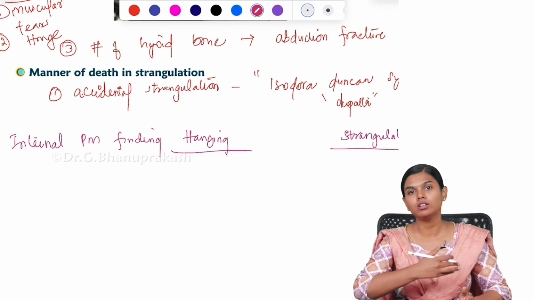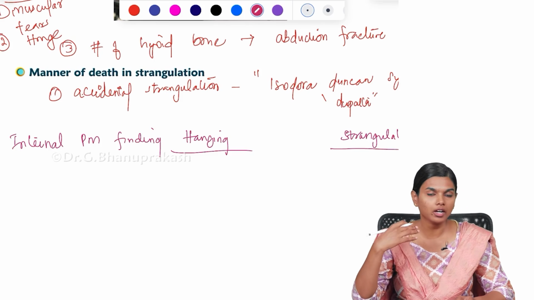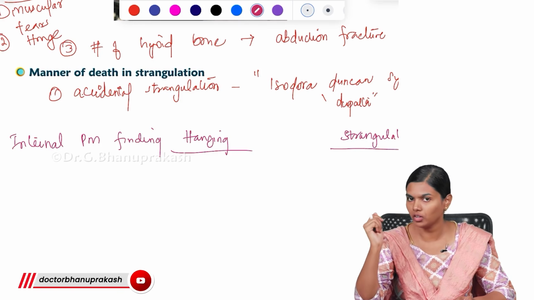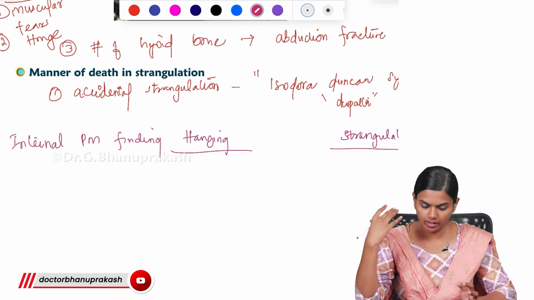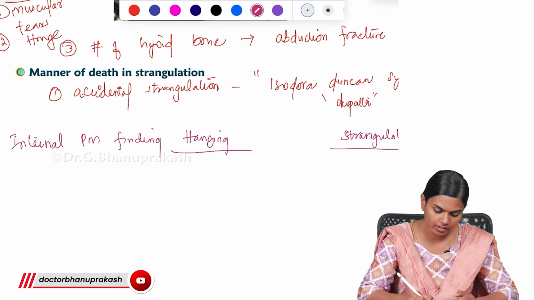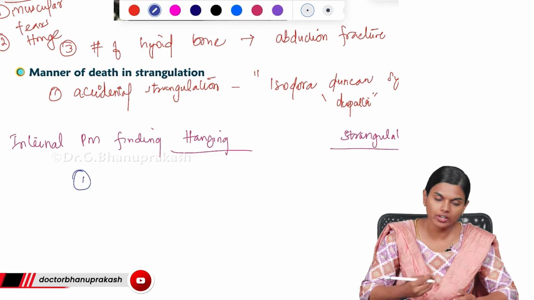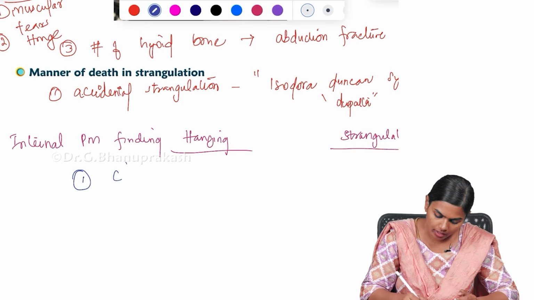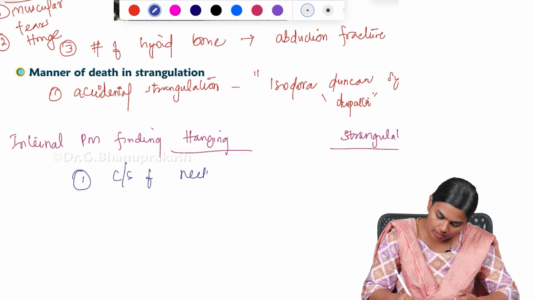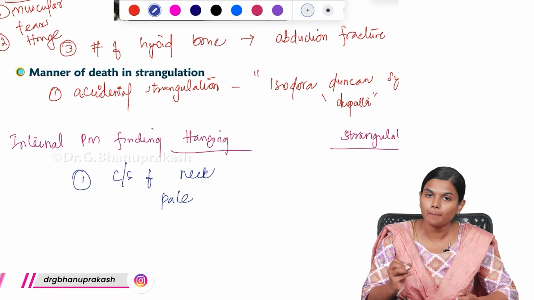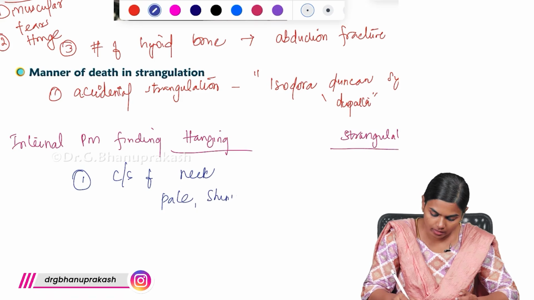You will see all the Tardieu spots, the ligature mark and all, and you will write the differences in the ligature mark. But when it comes to internal features, there are certain differences we have to note down in these two. First, internally in case of hanging, when you cut open the neck, the cross section of the neck will be very pale and shiny, and there will be no muscular tear,